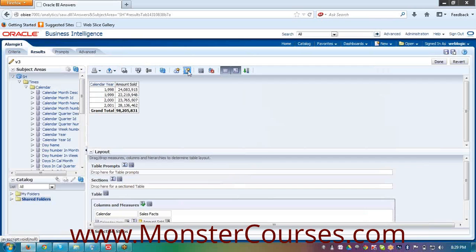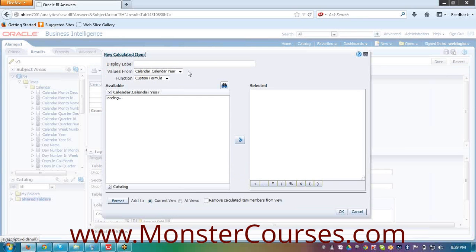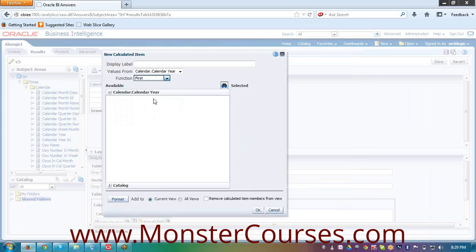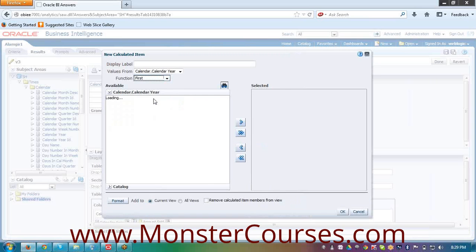Next, new calculated item. You can create a new item here. Let's say you can take the values from calendar year and you can give a custom formula. Let's say first. Add to the current view.